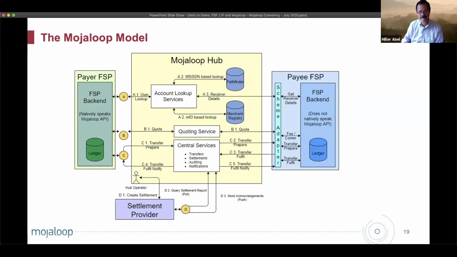And if it knows that information, it can clear the transaction through the system, and it can ensure that that transaction will settle. Or it can determine that that transaction cannot be cleared, in which case all parties will agree that it didn't clear. There will be no uncertainty left at the end, whether the transaction has cleared or not, and no uncertainty about who is owed money by whom. That's the purpose of the Mojaloop hub at the center. The transaction details are left to the participants.